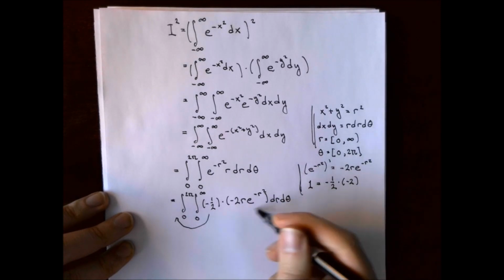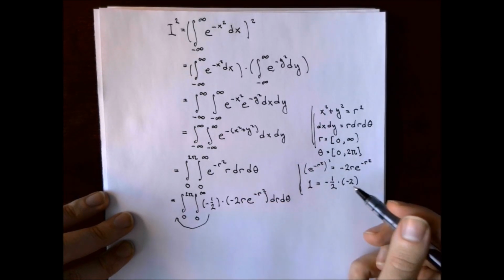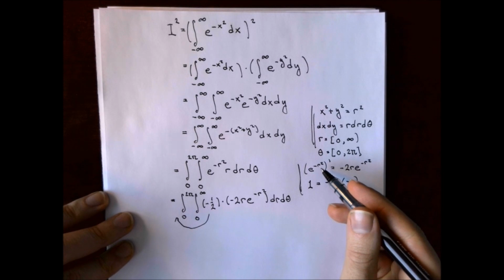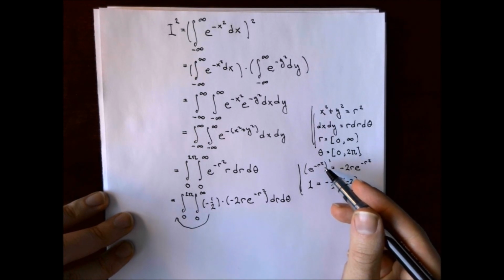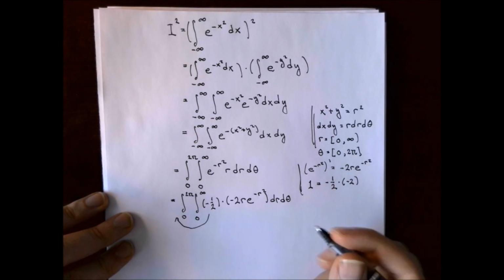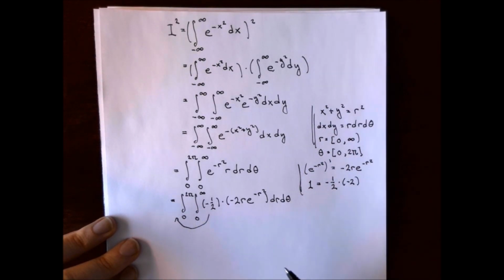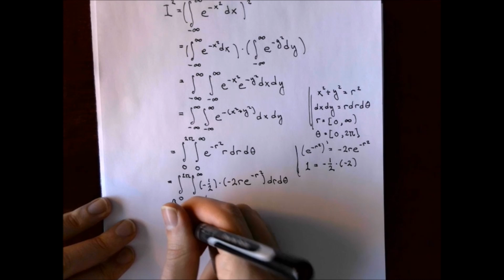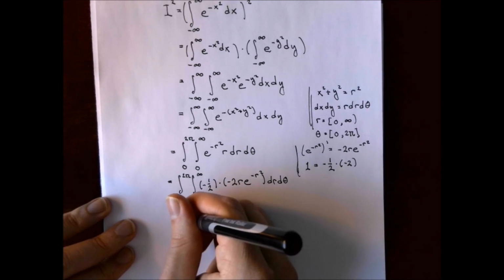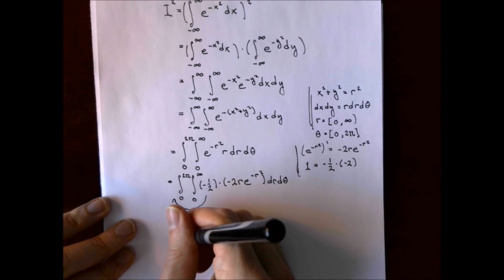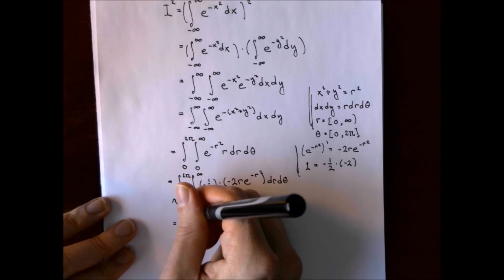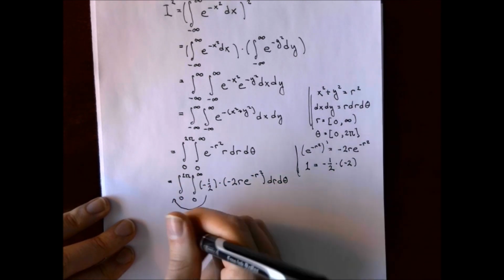And then we see that we just have the derivative of e to the minus r squared differentiated with respect to r. So the integration and differentiation counter each other, and we end up with just the integral from 0 to 2 pi